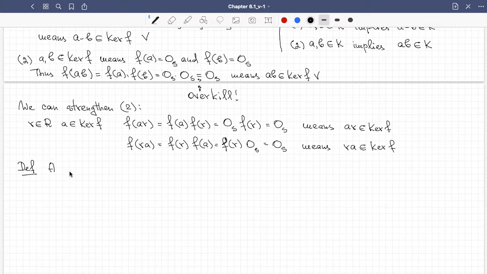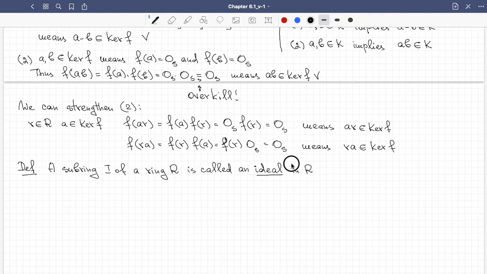A subring I of a ring R is called an ideal in R, or of R, if you want, provided